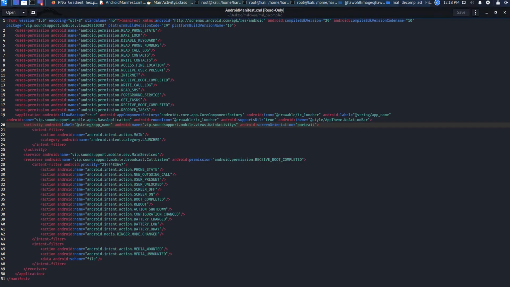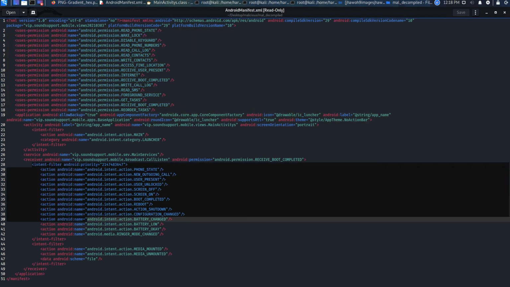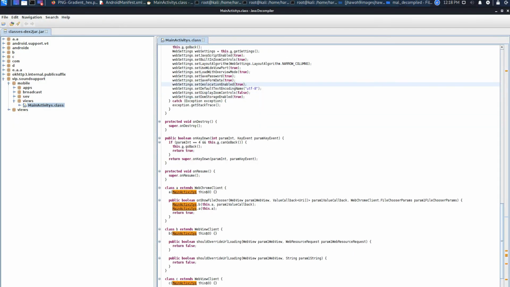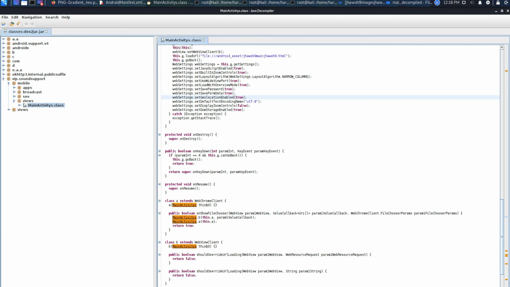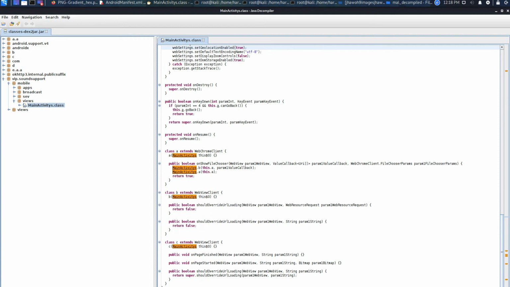If we see the manifest file inside this, they have given only some of the permissions, and declared some broadcast receivers and services. Maybe in that other application there might be different permissions or different activities. So here, using one application, the attacker is installing one more application. We will see later how he is installing it. So let's go. We are done with this. Okay, we will look for the interesting things. We have already done that.